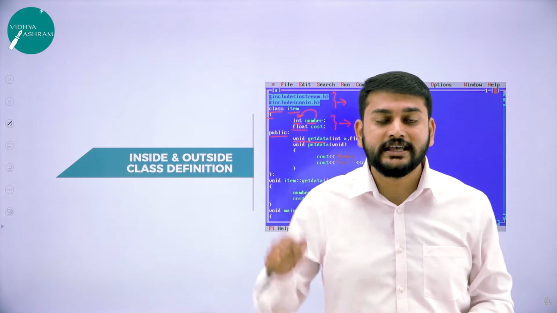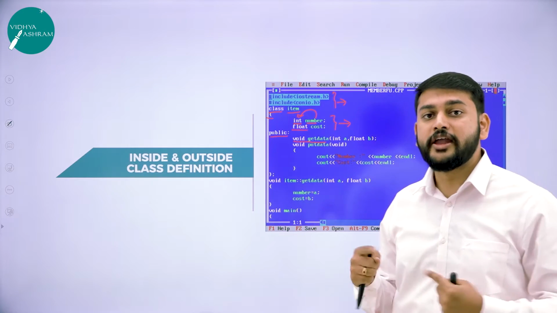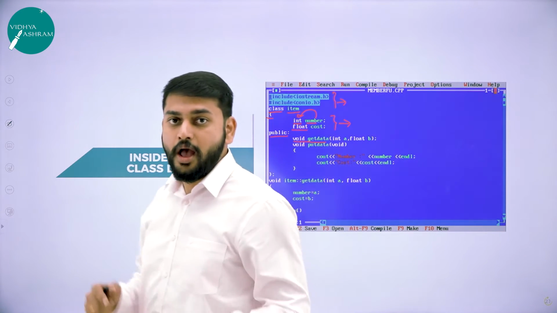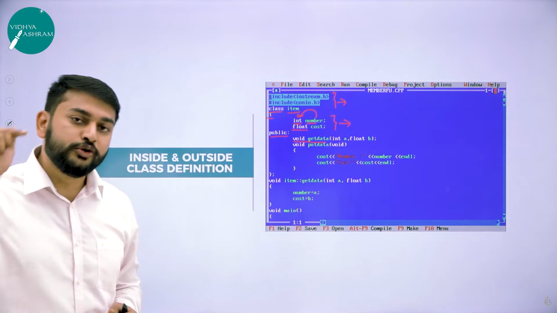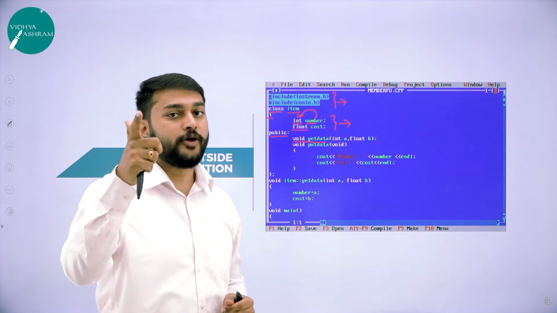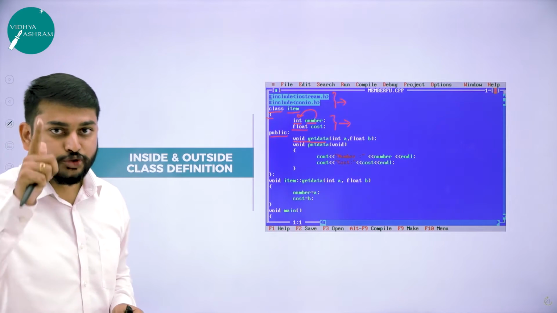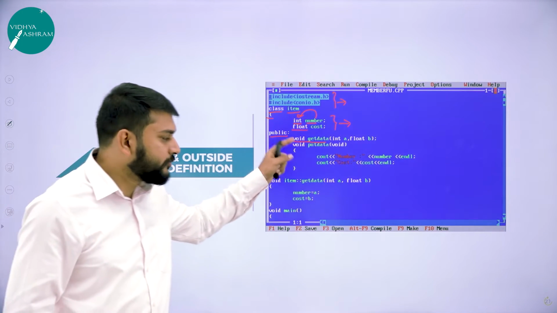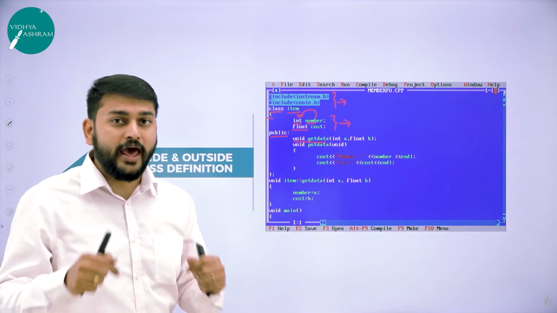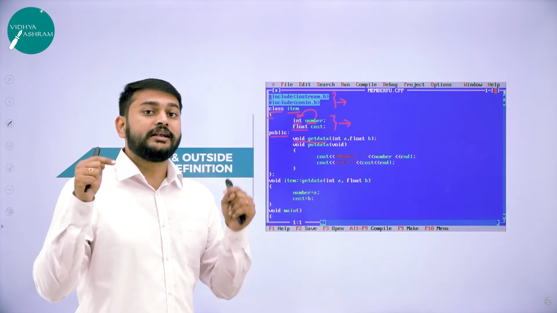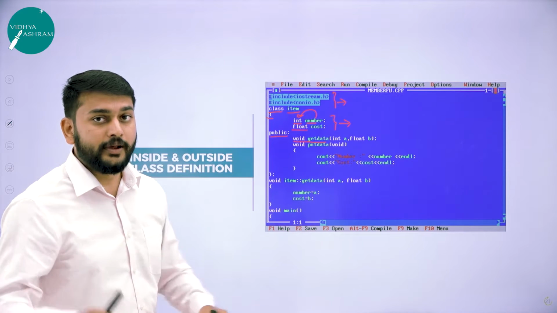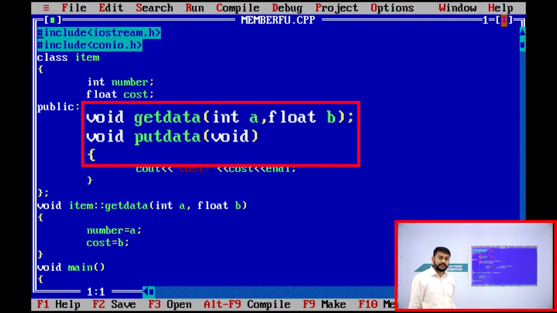These ingredients are the parameters for my cooking. So what is cooking here? Cooking is a function, where we are performing one single task. In the same way, if I want to perform some task, I need some parameters. Without those parameters, I will not be able to perform that task. That is what you need to remember as of now. So how many parameters do I have? I have two parameters, that is int a comma float b.